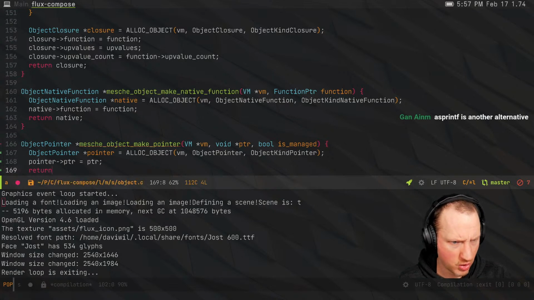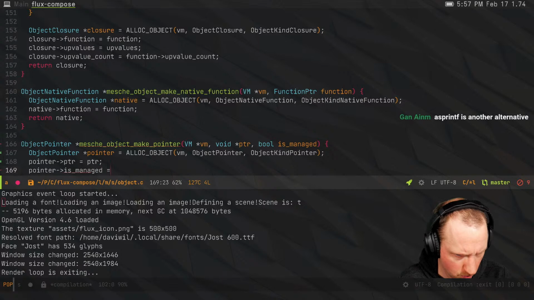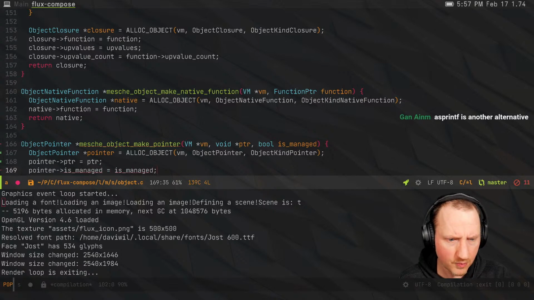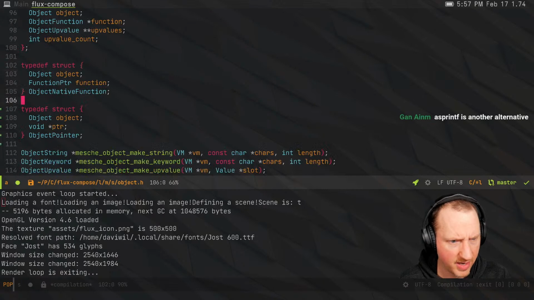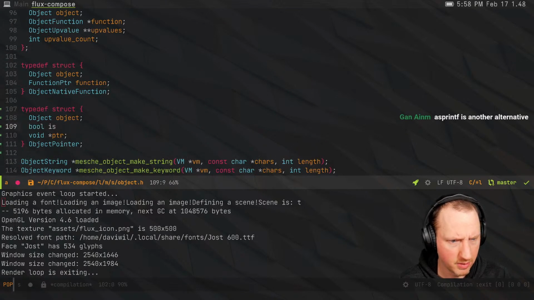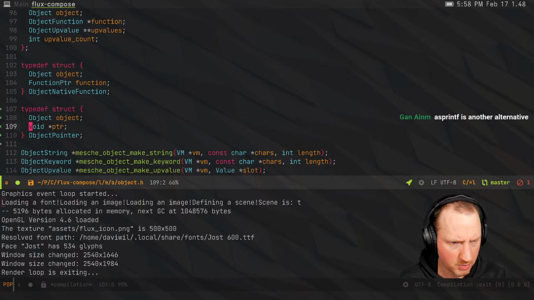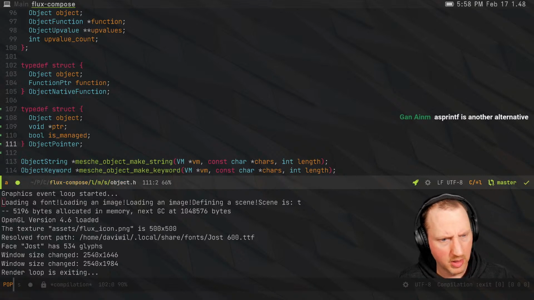All right, so return pointer. But we also need to say pointer is managed equals is managed. And we're gonna go back into object.h now and add that in. So bool is managed. That's probably fine there too. Okay, so now